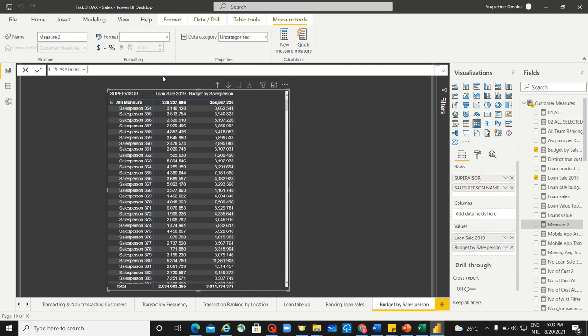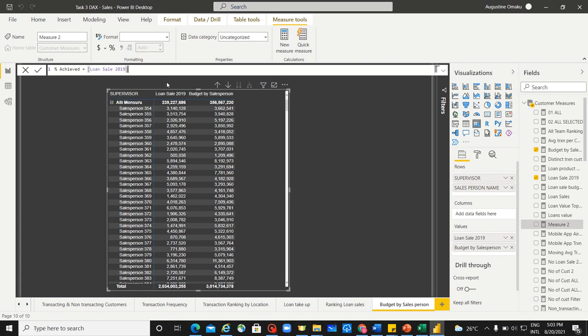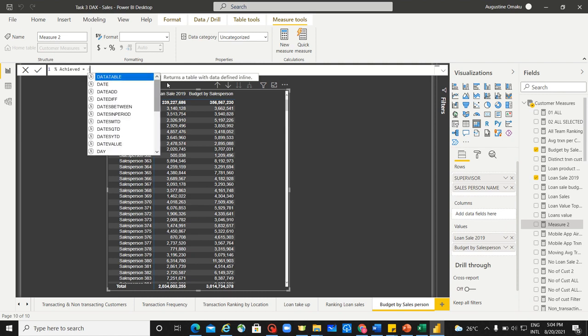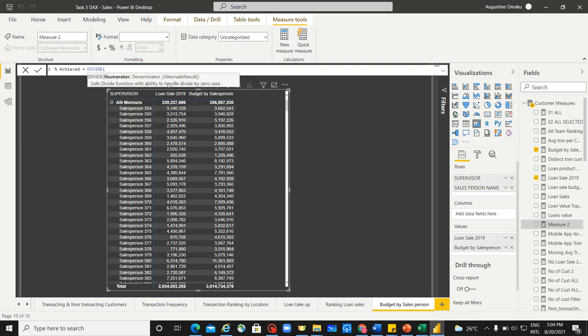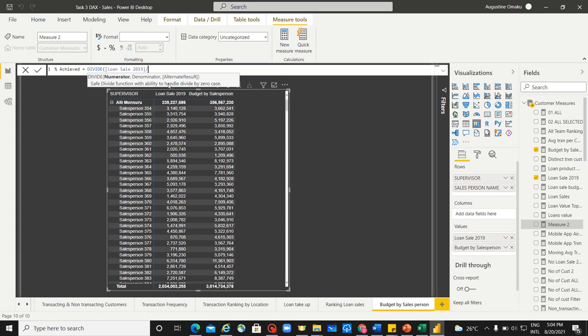So that will be equal to our loan sale 2019 over, or I can use DIVIDE. Divide is the same thing. Numerator will be loan sale 2019 over, okay, since I'm using DIVIDE, it will be comma